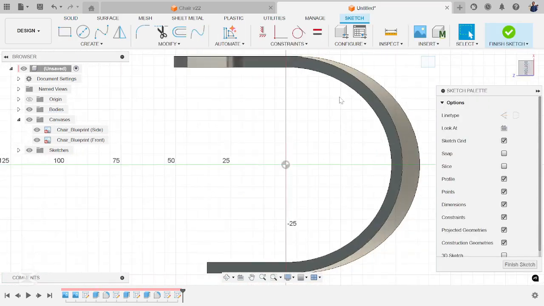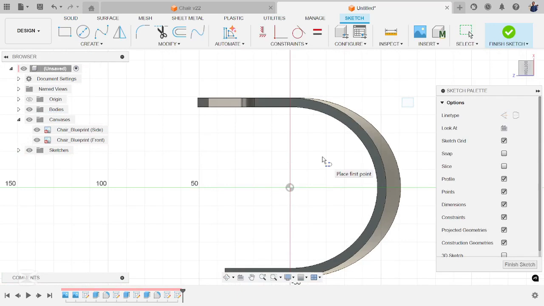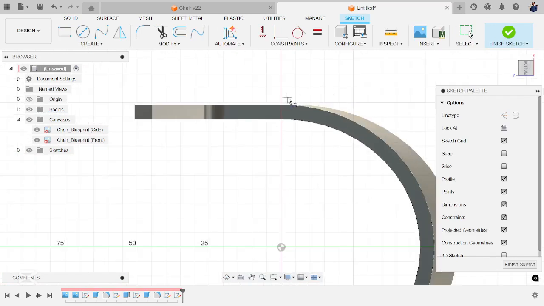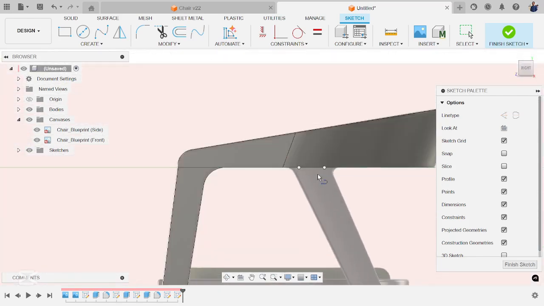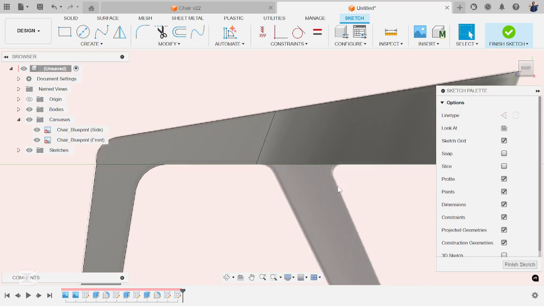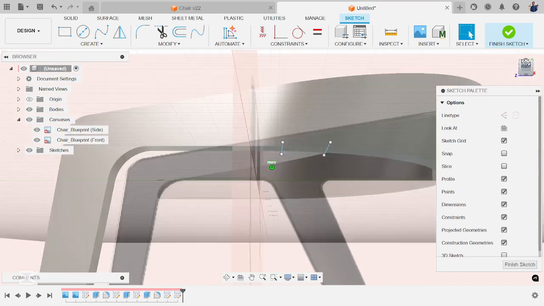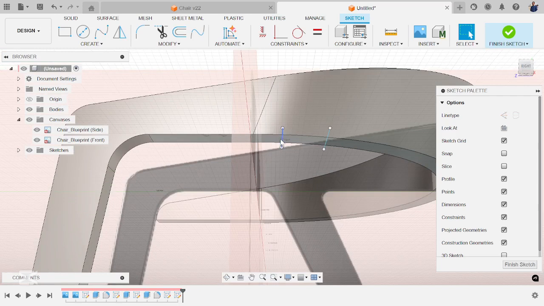So you can just make it like this, and on your line tool, draw a line somewhere here and another line somewhere here. So let's check this. We want this front one, just escape. We want this one to be in alignment with this particular line. We want this second one to be in alignment with this. So you can just do a little bit of adjusting,